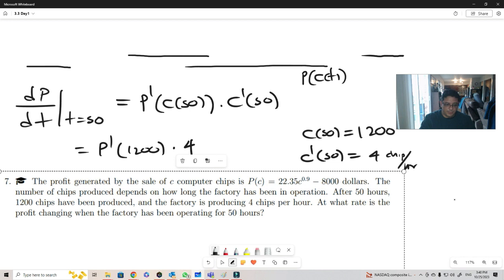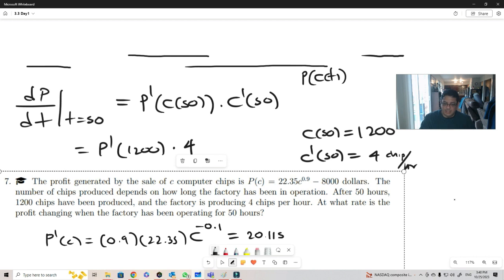And so at that point, that function p prime of c is what? The derivative of this, which is just going to be 0.9 times 22.35, and then c to the power of 0.9 minus 1. So that will be minus 0.1. Okay. And so if we multiply this, we're going to get that this is